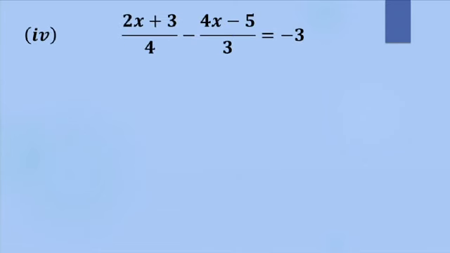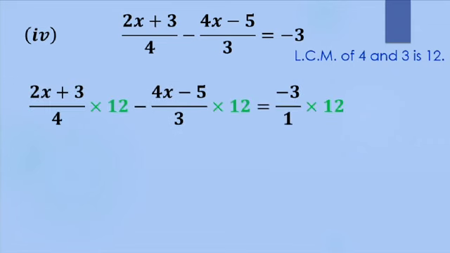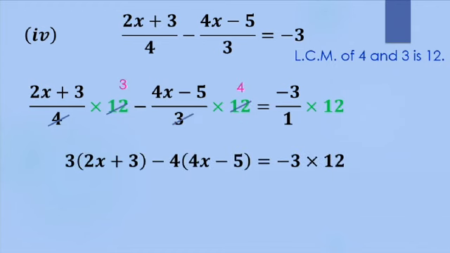Fourth part, here I have 4 and 3 as denominators on the left hand side. But for the right hand side, my denominator is 1. So the LCM is 12. I multiply each term by 12. And I will get 3 into 2x plus 3 minus 4 into 4x minus 5 equal to minus 3 times